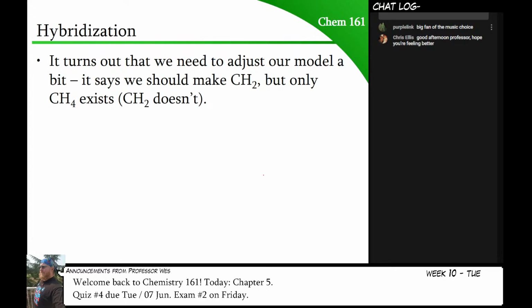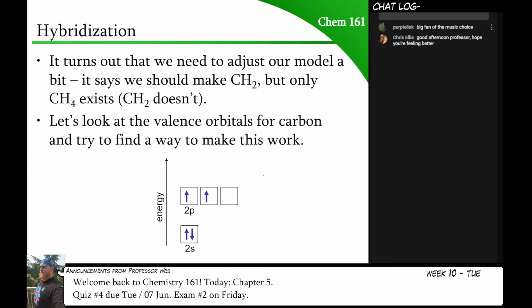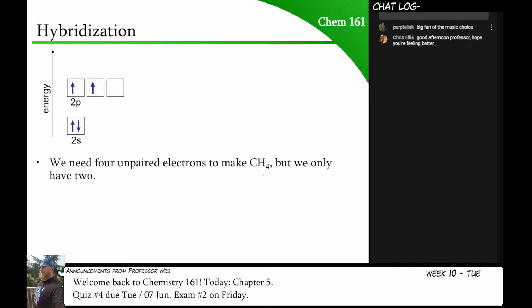So we need to make our model support CH4 and not CH2. So we need to do something with this diagram. Here's what we're going to propose. If there was a way to get this box right here to just be right here,